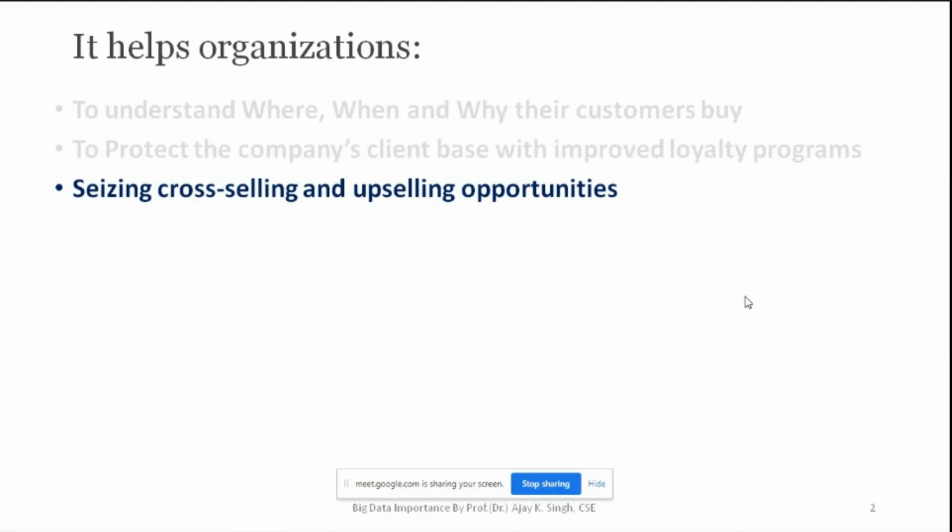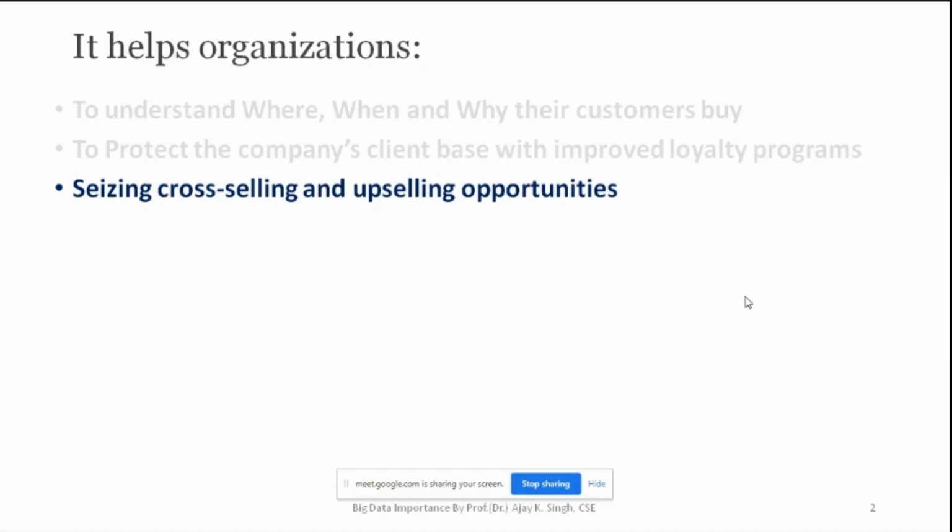You might have heard of the market basket. So if you are going to buy one item and it is related to another item, they are going to motivate you: sir, you just go for this product also. It is very new in the market, or it is cheap in the market, and so on and so forth. But that is what is called cross-selling. Getting it? So what is upselling now? Just by seeing this big data, we are able to do that.